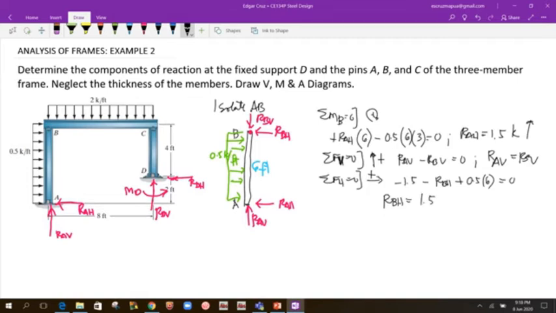Okay, so this is 1.5 kips. The direction of RAH should be the same with the unknown, which is to the left, and the reaction of RBH would also be to the left. Okay, so from this segment AB, we cannot solve for the reaction A vertical as well as the RB vertical. Okay, so next we're going to isolate